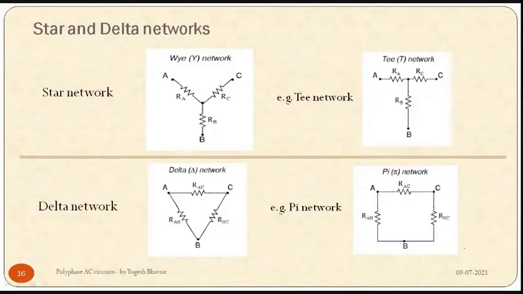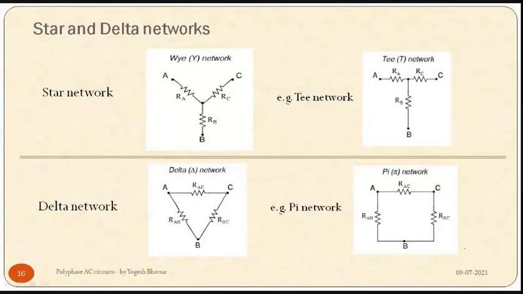So that's why this topic is included, and it comes under circuit simplification techniques. We need to convert a star network into a delta network or a delta network into a star network to simplify that particular circuit. First we'll see what a star network and a delta network are, then we'll see the conversion from star to delta and delta to star. I have not included the derivation for this. There is a long derivation to convert star to delta or delta to star, but we have not included it. We have just included the final formulas.